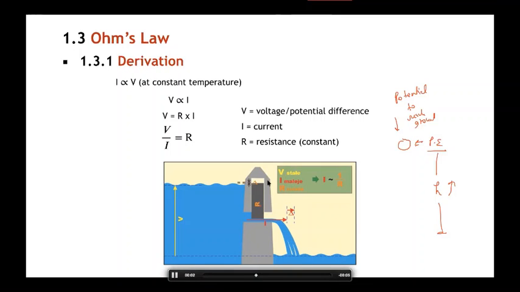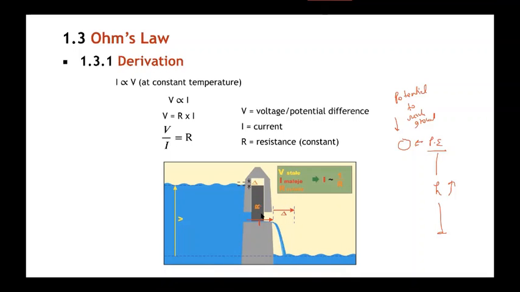See, if we move this block below, this current, that means this flow of water, will decrease, right? So it is acting as a resistance, and this height is acting as a potential, because the more the water is up from this region, the farther this flow will go. Okay, so this is another analogy to study your Ohm's law.